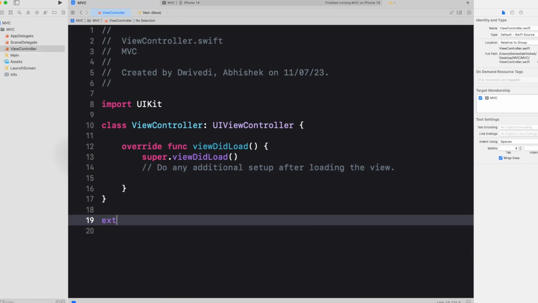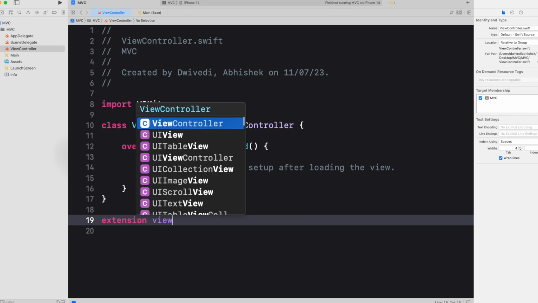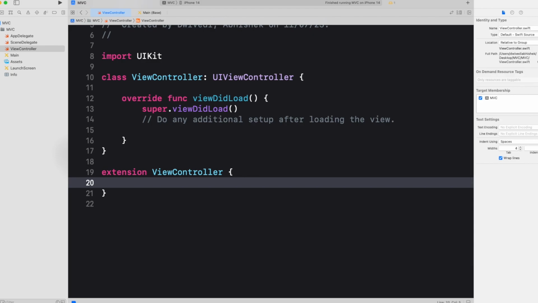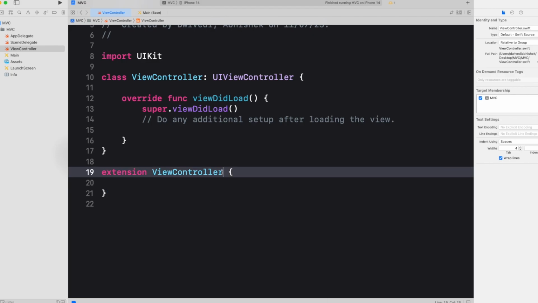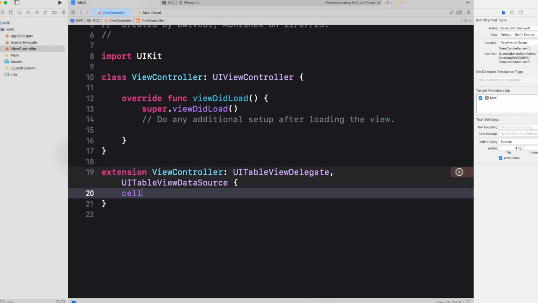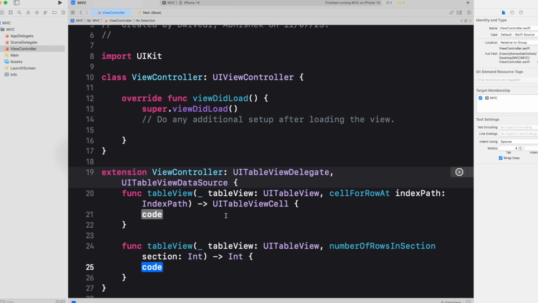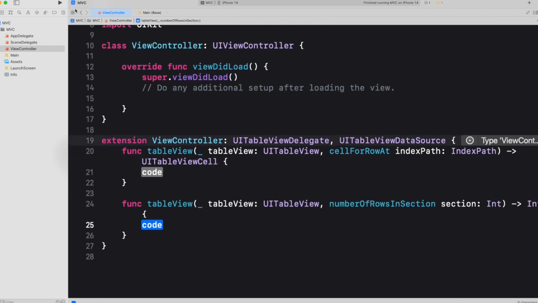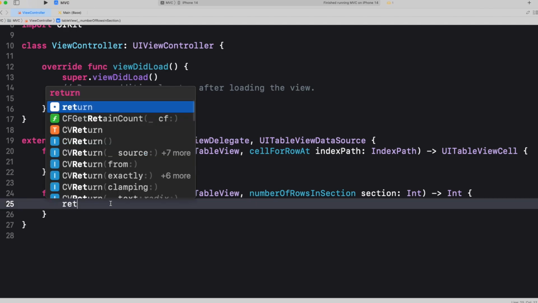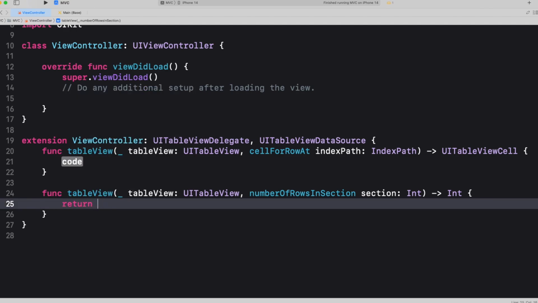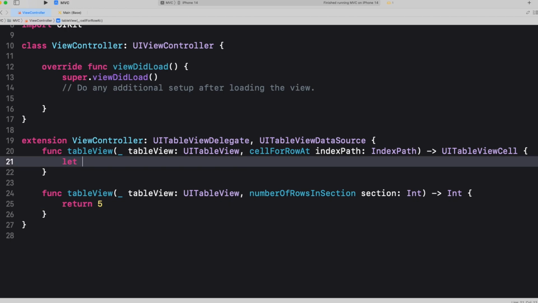Now extension, correct? Yes, extension. Extension, view controller, and then let's add the delegate and data source: UITableViewDelegate, UITableViewDataSource. Then cellForRowAt indexPath, and then numberOfRows, correct? Okay, let's remove these two. Number of rows, let's return 5, and this one, let cell equal to, tell me,